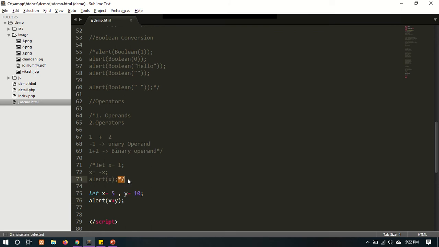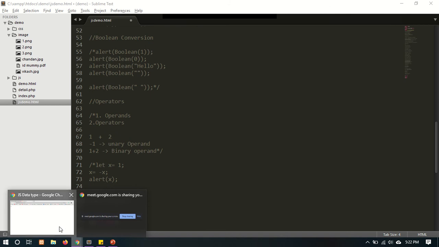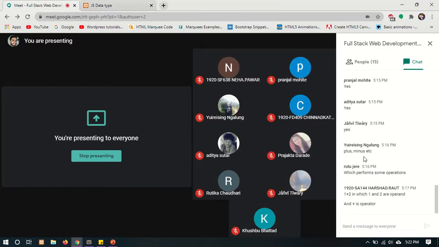Next, types of operators. Does anyone know how many types of operators there are in a programming language? How many types of operators are there?